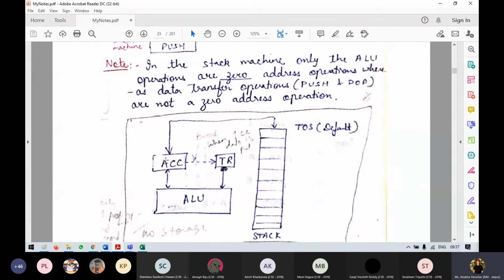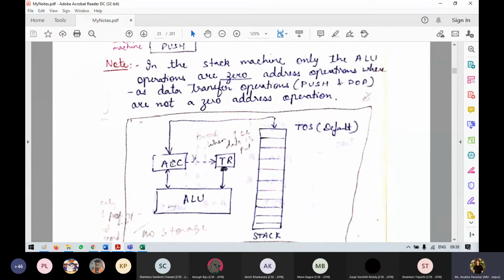Accumulator is temporary memory that the ALU, the arithmetic logic unit, can use directly while executing. Let's say there is a top of stack. If we have used push A, then something from the accumulator, where the ALU has generated some signals, will be converted or encoded in the form of bits or bytes.